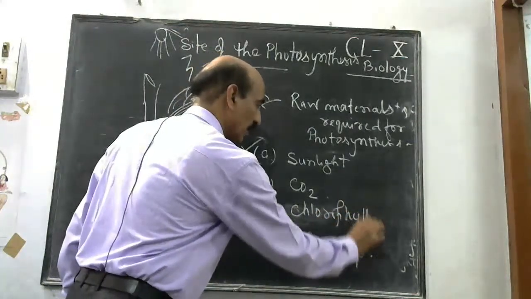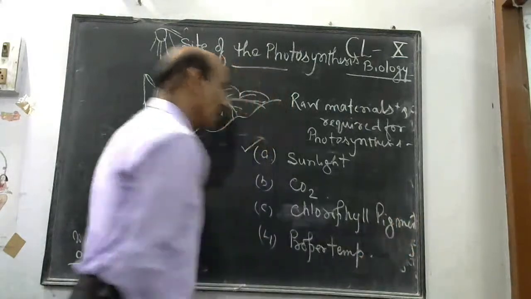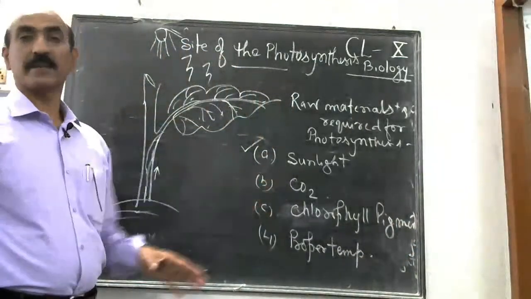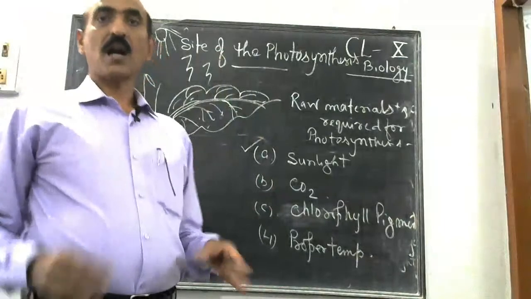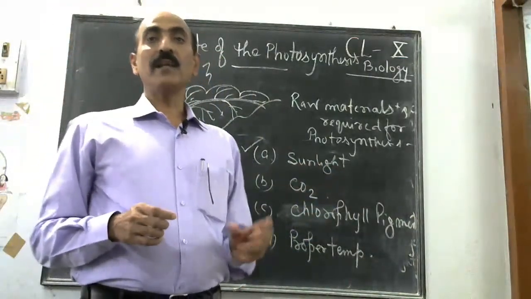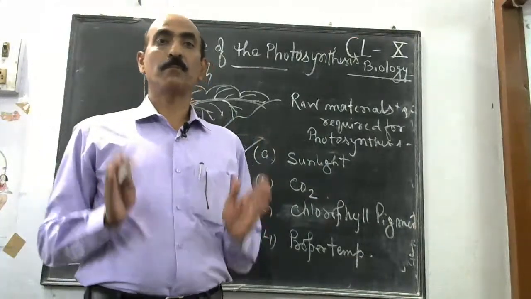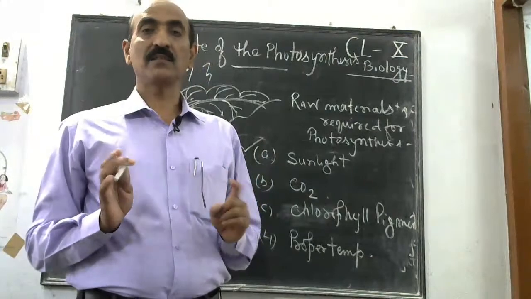Chlorophyll pigment. Okay. Third one is chlorophyll pigment. Now you have to know what is chlorophyll pigment. Actually, inside the chloroplast there is a pigment, an organic pigment, that is called